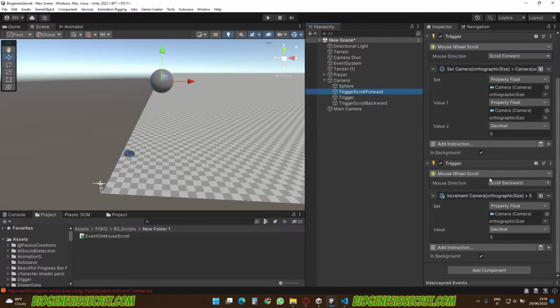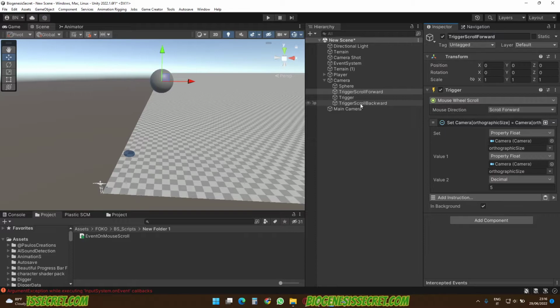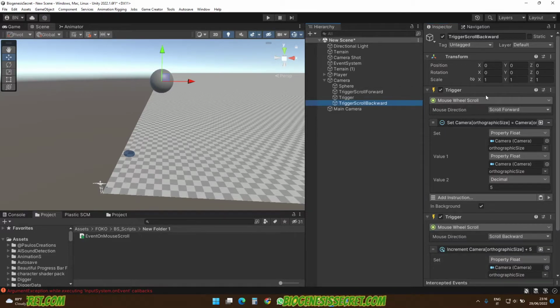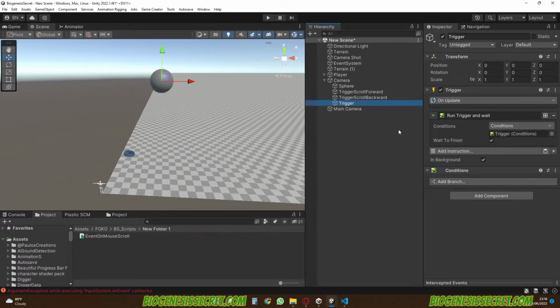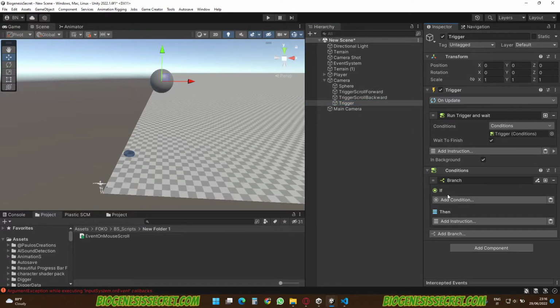So the forward, it's going to be the one that when it's reaching 0, this one is going to be this. No, we don't want to go very up, so even this one we have to select. So we create a trigger that will enable and disable this one based on the condition, which means if